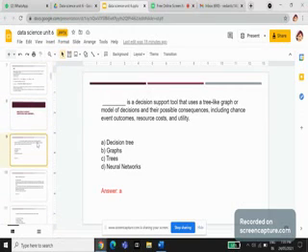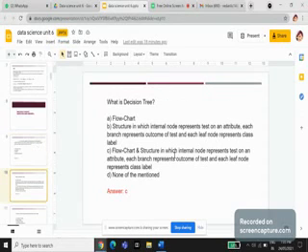Next question is, choose from the following that are decision tree nodes. As we studied before, the types of nodes of a decision tree are decision nodes, end nodes, and chance nodes. Here, decision nodes are the root nodes, end nodes are child nodes, and chance nodes are intermediate nodes. So all of the nodes A, B, and C are nodes of a decision tree. So the answer is D. All of the mentioned above nodes are decision tree nodes.